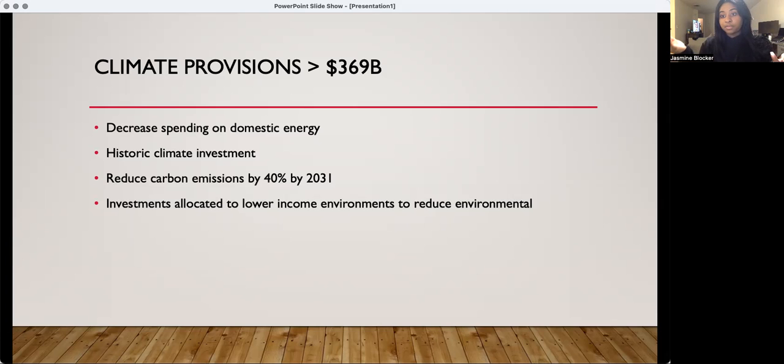I mean, the bulk of the funding is being allocated to climate change. We needed to see this happen. If we would like to address all of the other issues that we have in the world and in the country, a good place to start would be to make sure that we have an environment to thrive in. So I mean, these are provisions that needed to be taken. The way our society has functioned as a developed nation has been on a quite unsustainable path for quite a few decades in terms of environmental decay. So we are going to see the bulk of the funding that's included going to climate provisions.